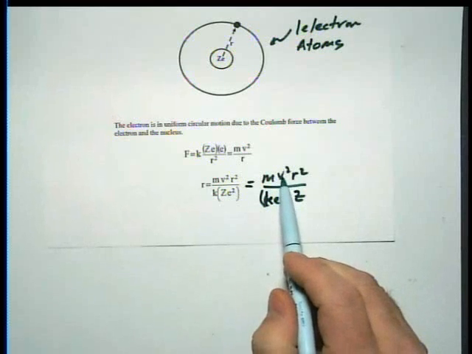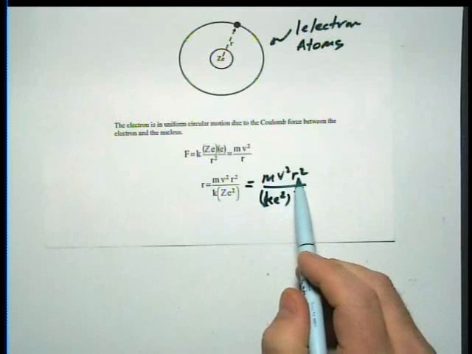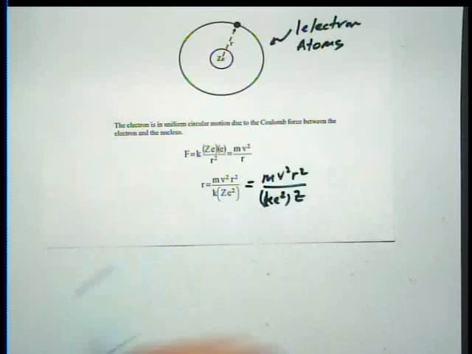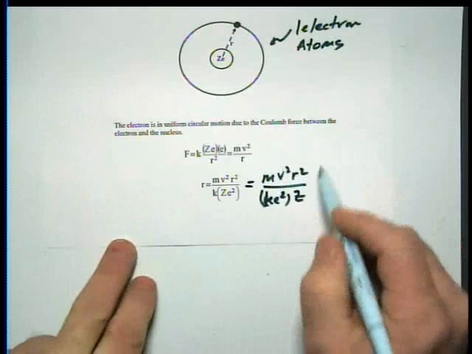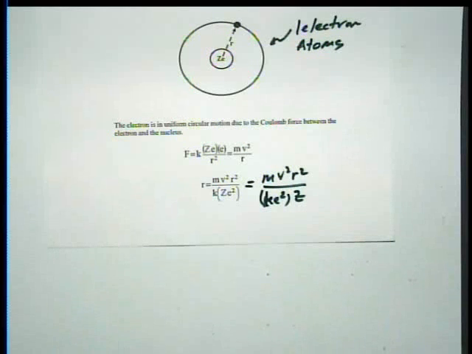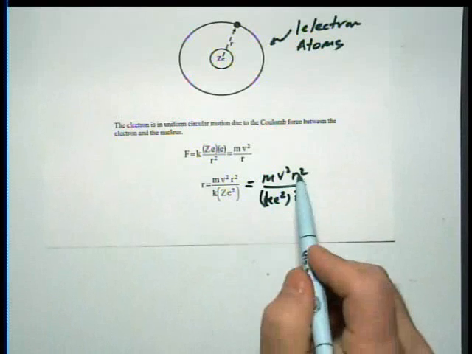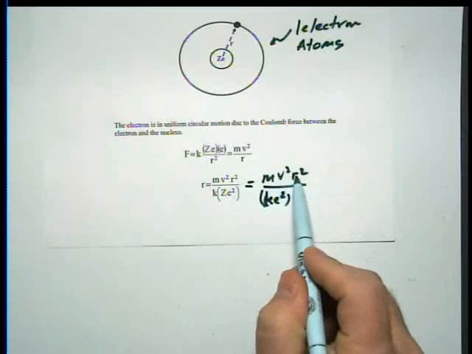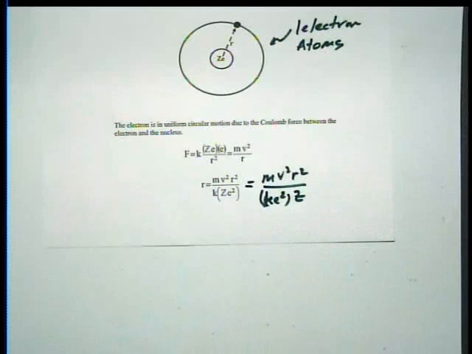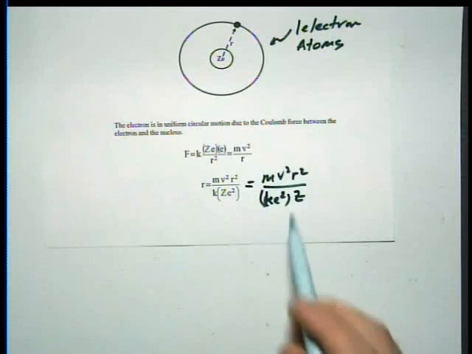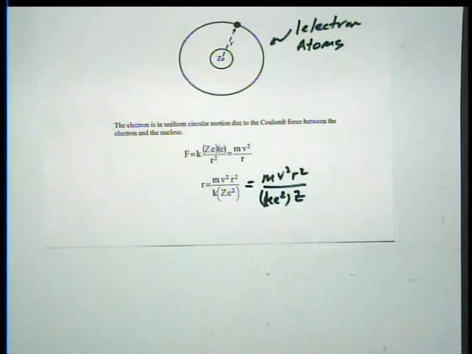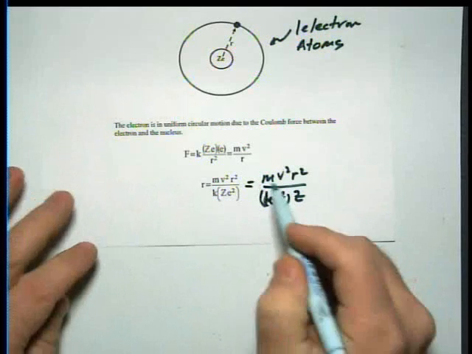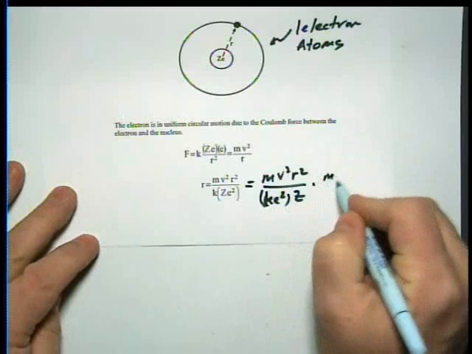I don't know the speed of the electron. And I don't know the radius of the electron. And I don't want to put an equation that's got multiple things I don't know. I want to find and replace things in terms of L because I know Planck's constant, and I can then solve and eliminate things. So you don't want to remove this. You want to get mvr. All right? So it's easy to be chasing your tail in the algebra here if you're not thinking about the way Bohr did. He wanted to find all sorts of L's if he can, because he can replace them with n h-bar. So what he's going to do is he's going to multiply top and bottom by m.